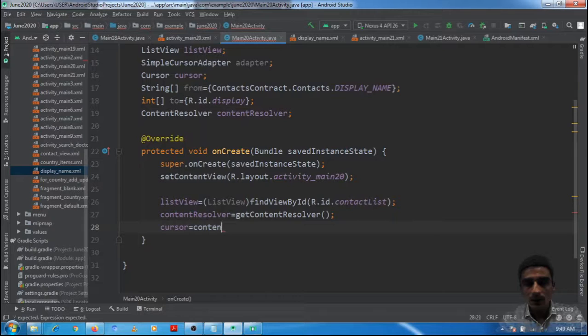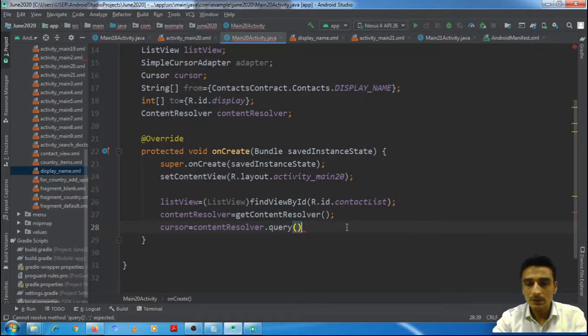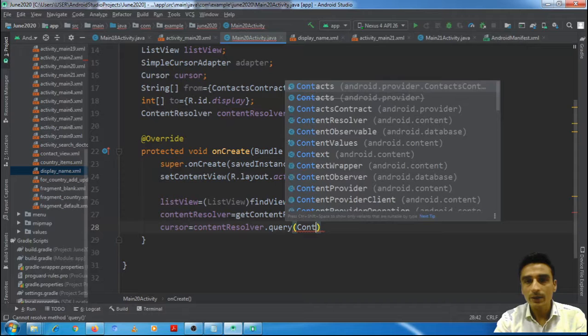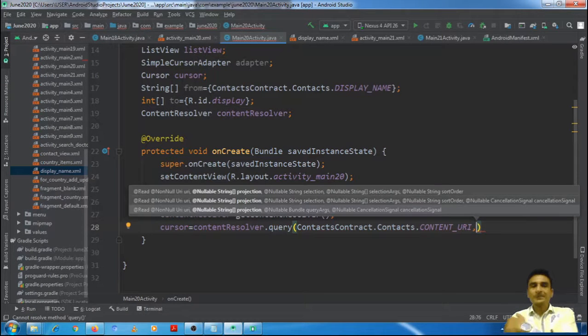Cursor is equal to content resolver dot query. Now we would execute a query, and in this query we need to pass the parameters. First of all, the URI, ContactsContract.Contacts.CONTENT_URI. Next is projection.